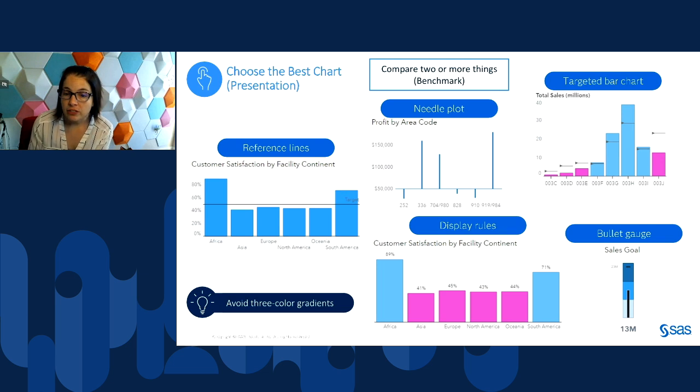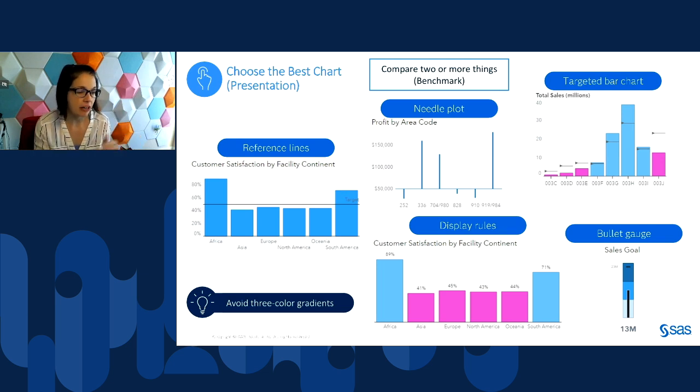Sometimes it might be useful to use a gauge because they are very simple. In this case, we're showing a sales goal and showing how close we are to meeting that sales goal. When you start using gauges, however, you need to specify color gradients for the ranges, and it's a best practice to avoid 3 color gradients that go from one color to a completely different color.